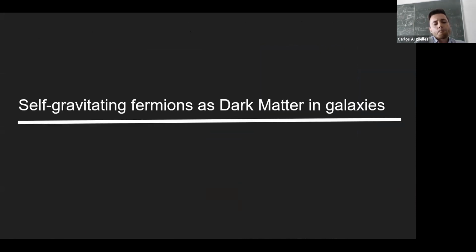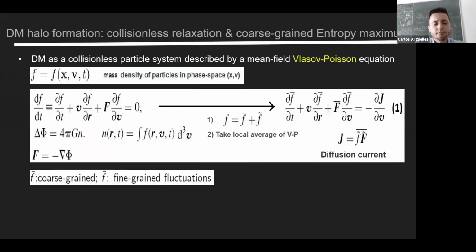Okay, so now let's move a bit to some mathematics and how we can explain, or attempt to explain, these dark matter halos in terms of a spherical distribution of fermionic particles. So let's start with the assumption of collisionless particles. For dark matter, we can think of a collisionless system described by the mean field Vlasov-Poisson equation, which is this equation here, where